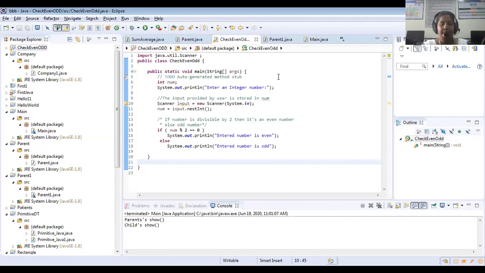This is a simple program. We are just going to see whether the given number is odd or even. You can think why we need to do this simple program, because you are familiar with programming languages, especially C and C++, and you would have studied this program. Why I am going to explain it is, here if you see, I have used one concept,